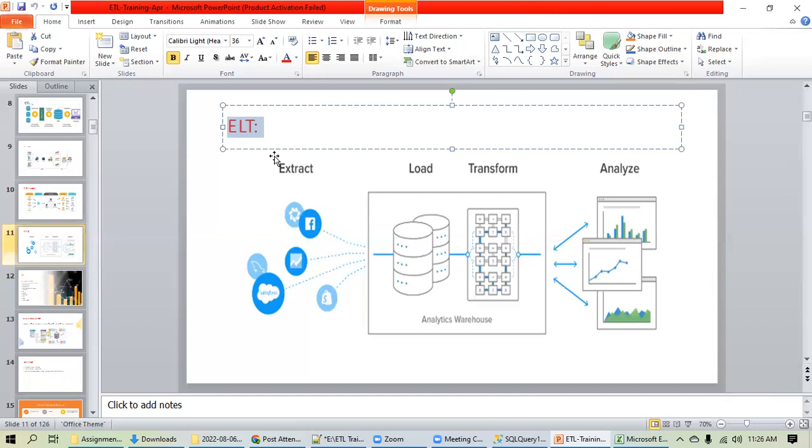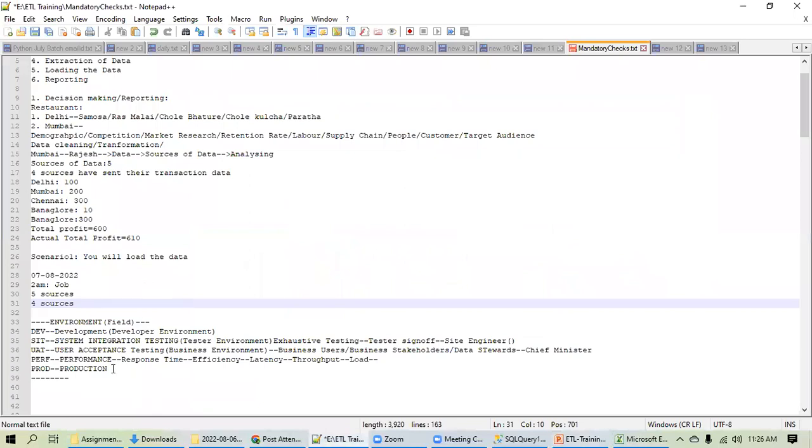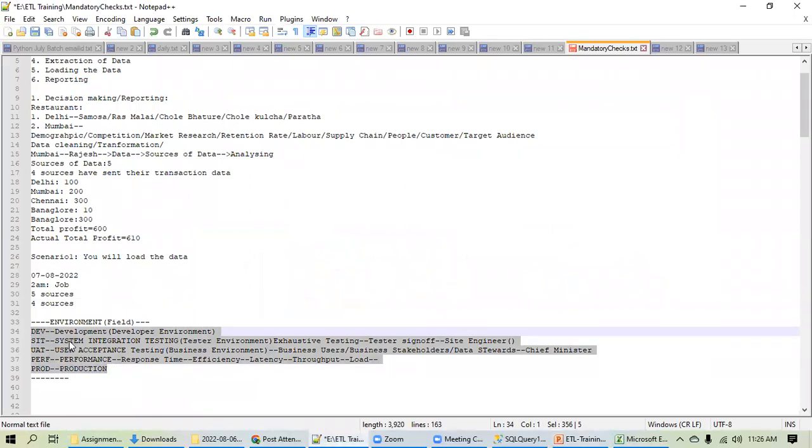Any other question, guys? Anyone? So Tanvir, you mentioned that there are multiple environments, right? Dev, SIT, UAT. Correct, generally. How many days do teams get to transfer data from Dev to SIT and all that? But again, this is a topic which will take a good amount of time to discuss, but quickly I will tell you.